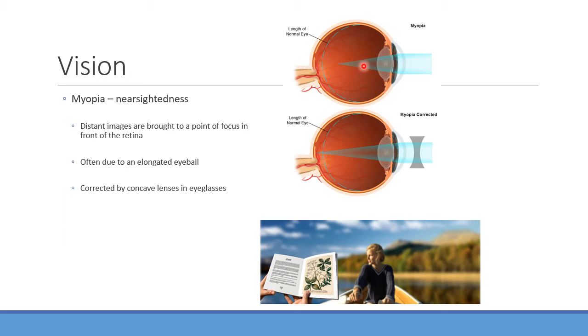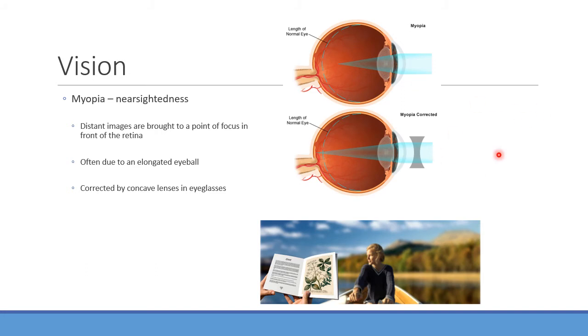Normally, if we wanted to bring this focal point back, we would have to tighten up that lens and make it more flat, but since we can't do that, and usually this is caused by the length of the eyeball being too long, if you have a long eyeball, you tend to have myopia or nearsightedness. You can see the dotted blue lines, which show the normal size eye. So how can we fix that? Well, we can give corrective lenses that refract that light out somewhat, so that we can bring that focal point back to the fovea.